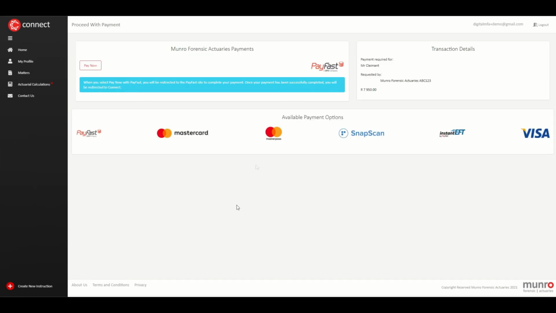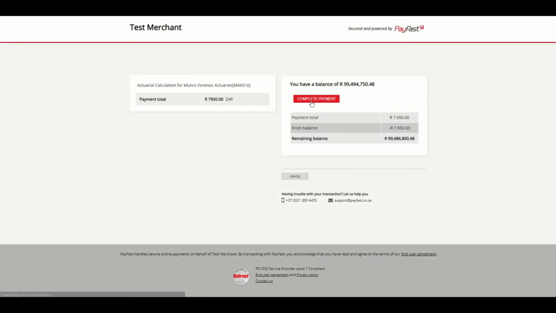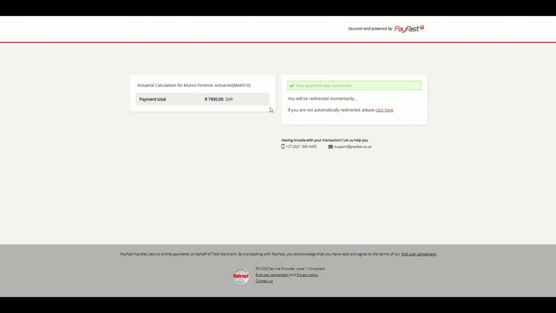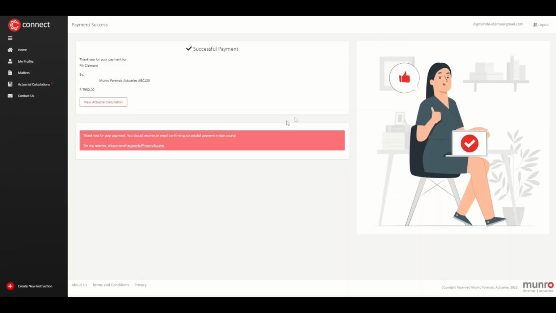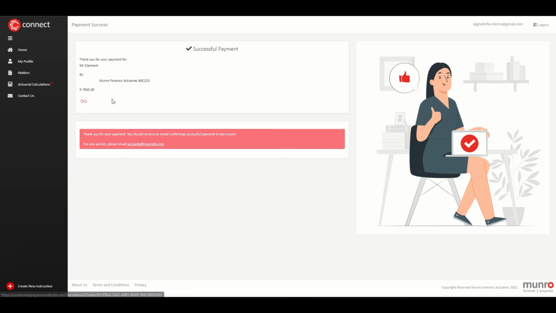Once clicked on that, it'll take you through to the PayFast portal, which gives you various payment options. You've got SnapScan, you can EFT, you can pay via debit or credit card. For the sake of this, I'm just going to click on the Pay Now button, and this is a hypothetical bank account. So once I've completed the payment here, it will take me back through to the Connect portal, and it will just give me a notification to say that it has been paid. And here we go. You can see that the payment has been successful,